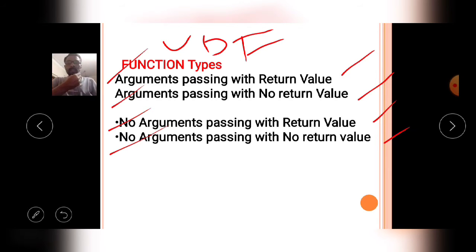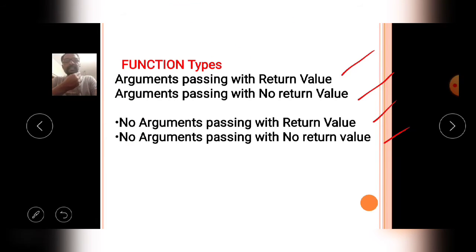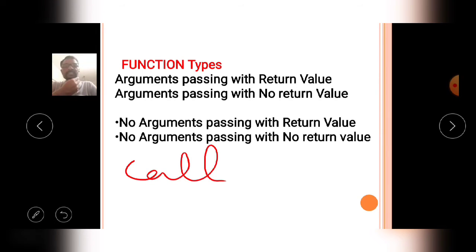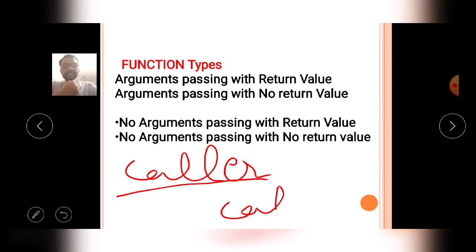Before discussing all these types of user defined functions, concentrate a little on what a caller function is and what a calling function is in the program. First is the caller function, second is the calling function. Caller function means the function which calls another function.